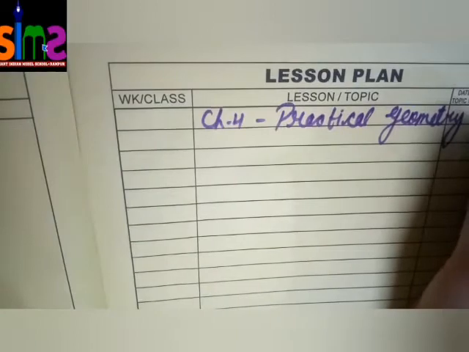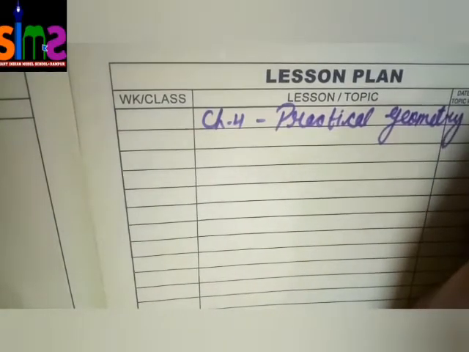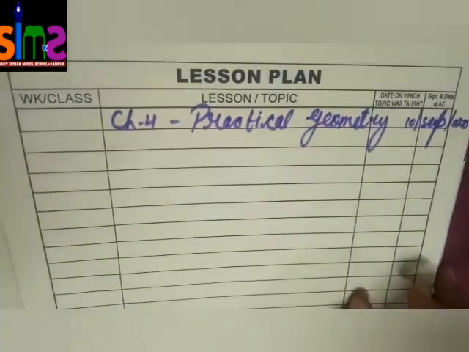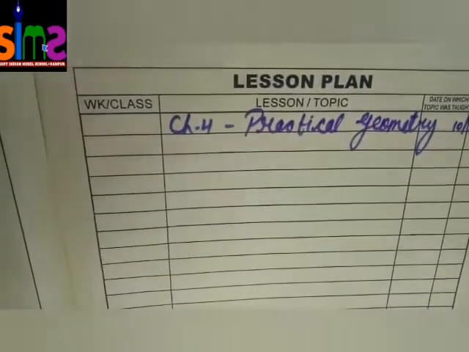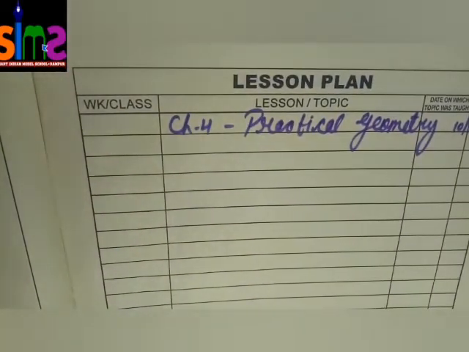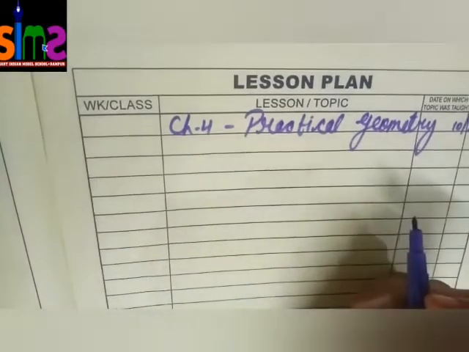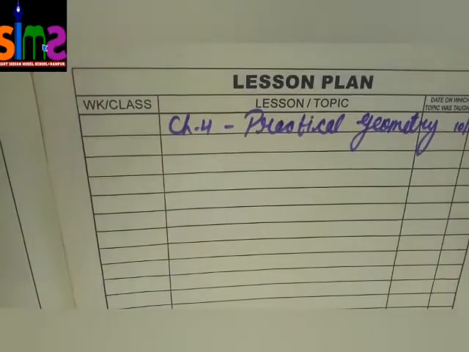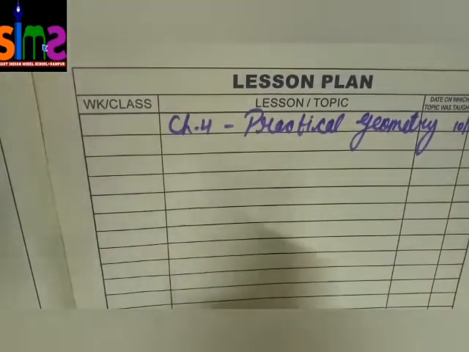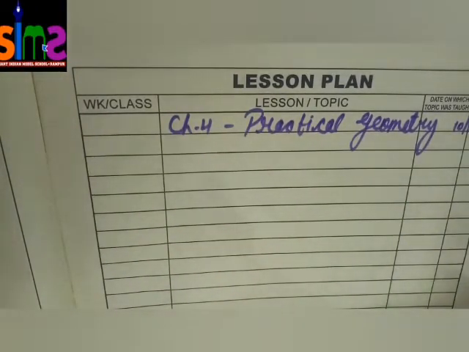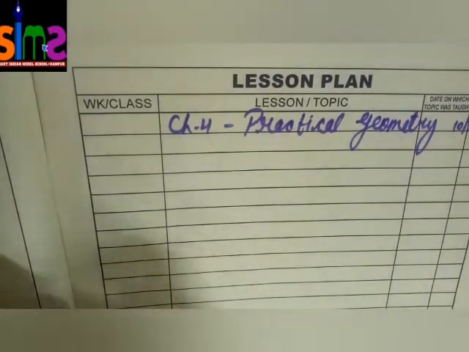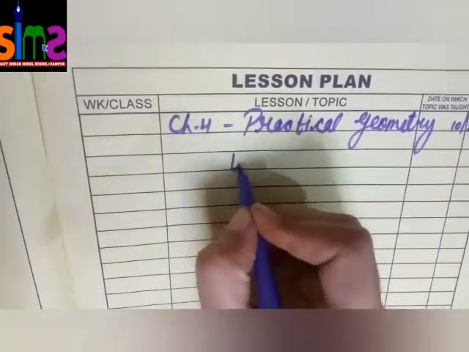Today is 10th of September 2020. We are starting it today. Chapter 4 Practical Geometry. So in this chapter, बच्चों, what we have to do, we have to draw some pictures with the help of pencil, compass, scale, eraser and sharpener. All the geometry procedure you must have. So let's start its exercise 4.1.